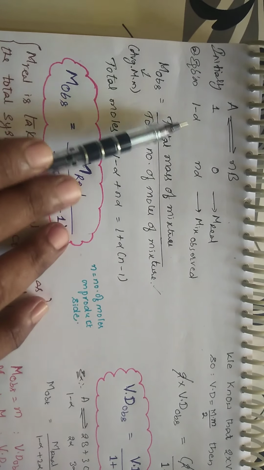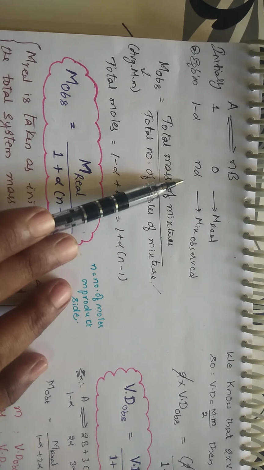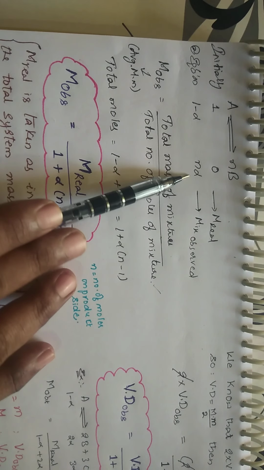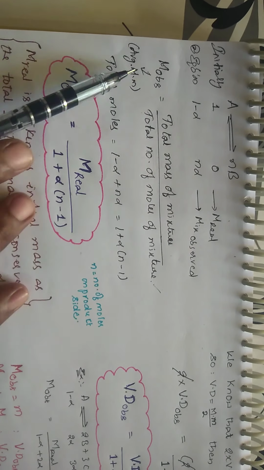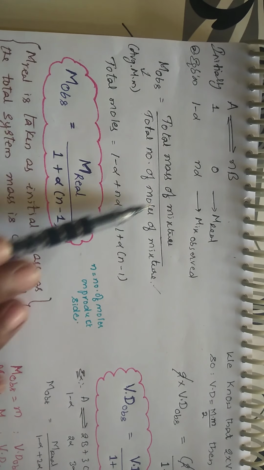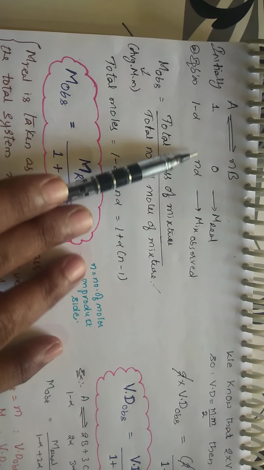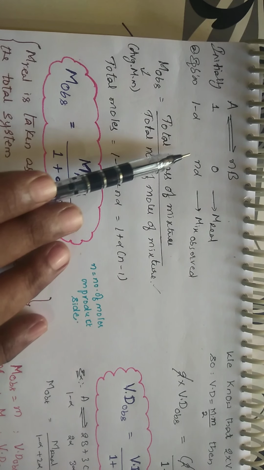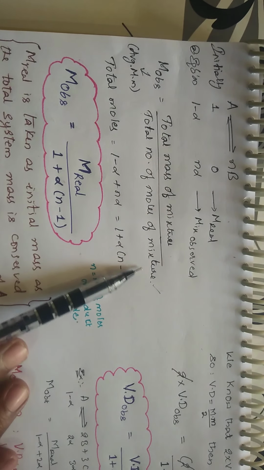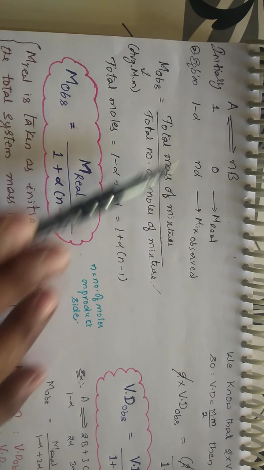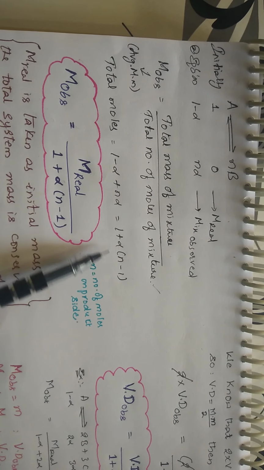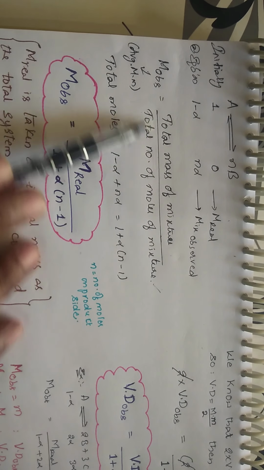Okay. At equilibrium, some is getting dissociated and some amount of the product is formed. This mass, whatever you are observing, is called observed mass. This observed molar mass will be equal to the mass of the mixture by the number of moles present here. See, mass of the mixture at the equilibrium by the total number of moles at the equilibrium. But we know the number of moles at the equilibrium is 1 minus alpha plus n alpha. This is the number of moles, so you will be getting 1 plus alpha into n minus 1. So you have got this one.